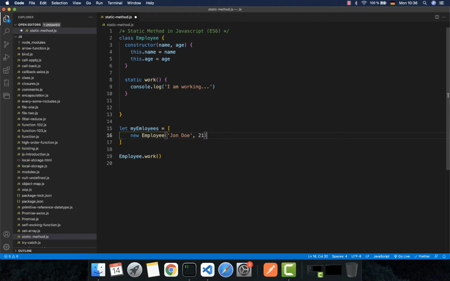21 years old. The second employee is new Employee and her name is Jane Smith, for example, and she's 45 years old. And the last one is Employee and her name is Alice White, and her age is 33 years old. So now I want to sort my employees following the age, so it's kind of difficult,